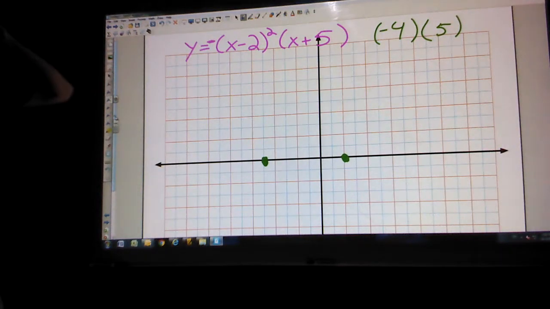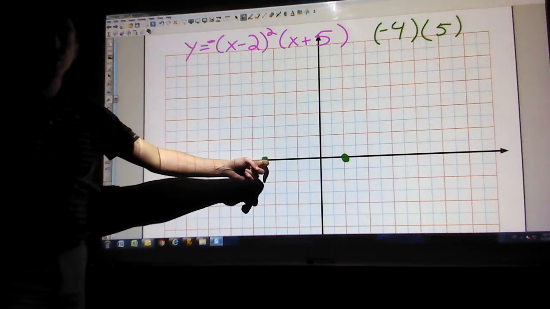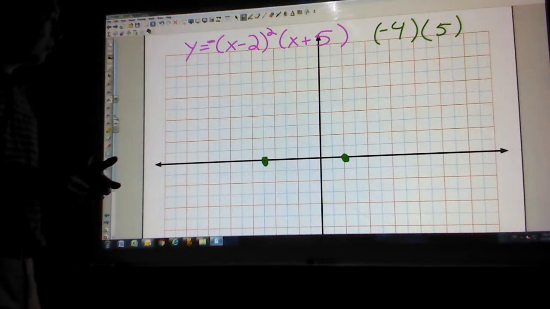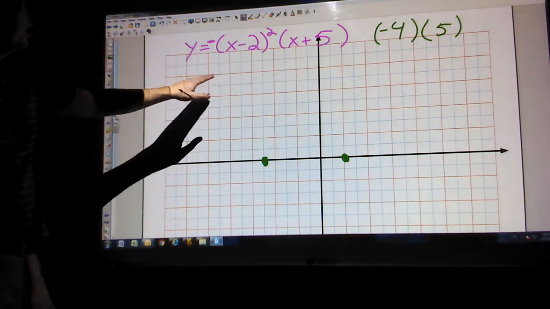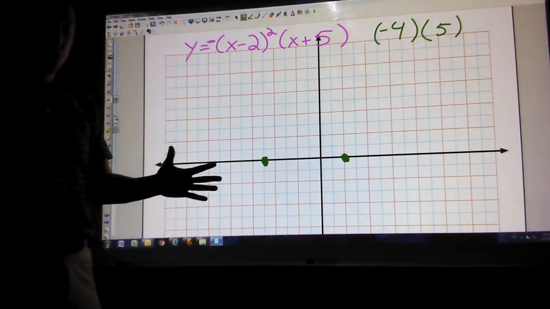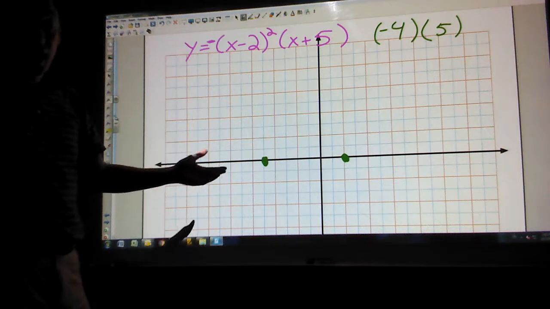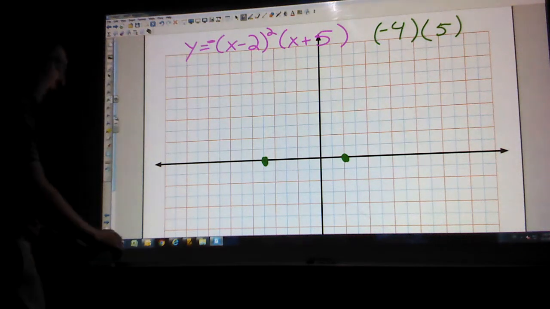So now what I need to do is remember the end behavior of this graph, and then also know if they bounce at the x-intercepts or if they go through or cross at the x-intercepts. So the end behavior, this is a 1, 2, 3, third degree polynomial. It's a third degree function. So it is odd. And I have a negative number out in front. So negative, odd